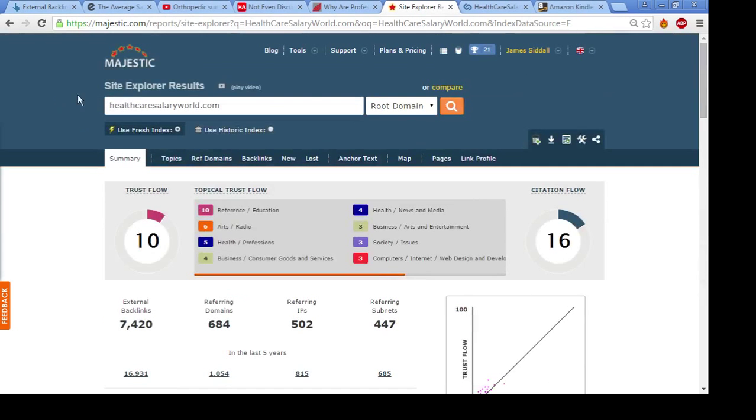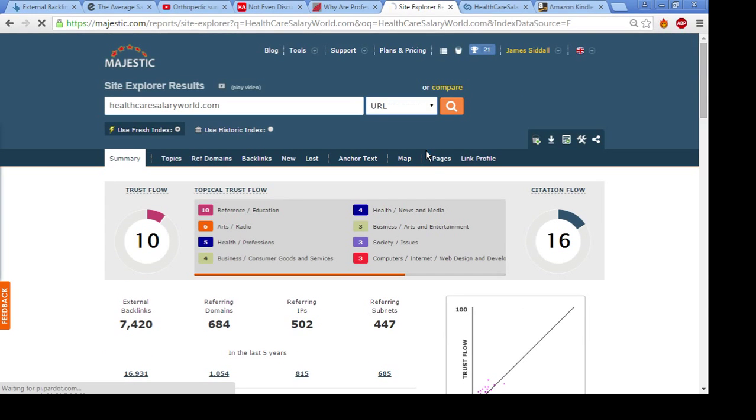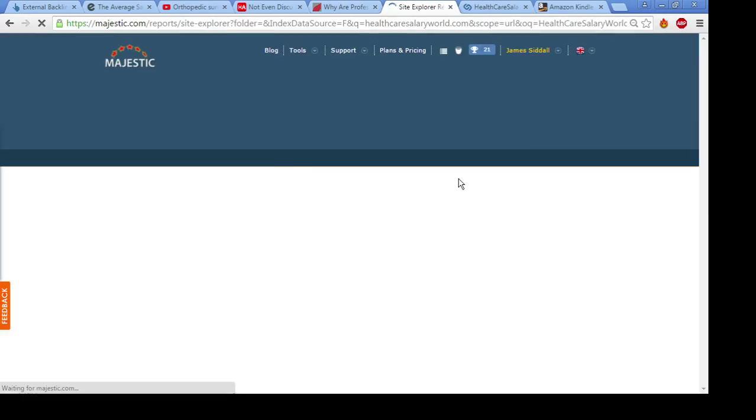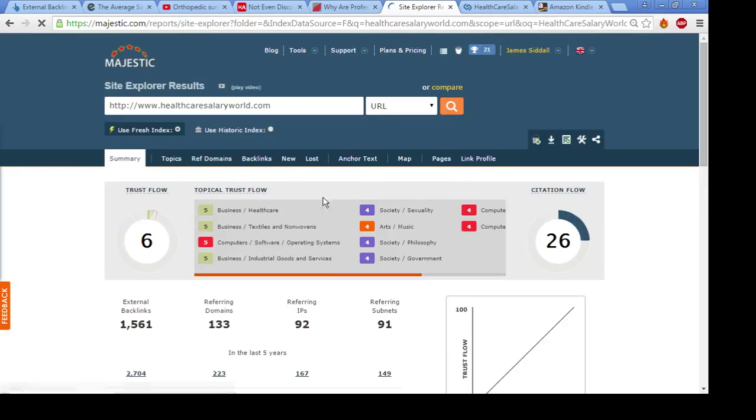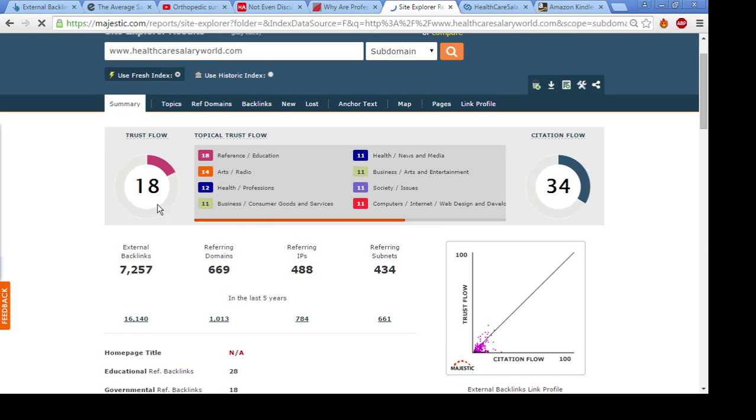So I'm just going to go to healthcare salary world in Majestic as well. You can see the TF here is only 10. Let's see what the highest variation is. 5, 18. 18 is not bad, but